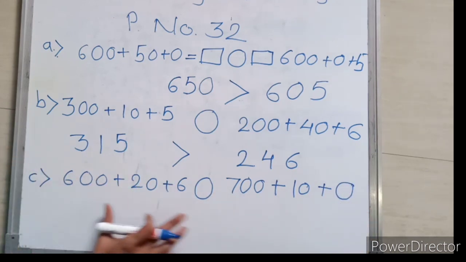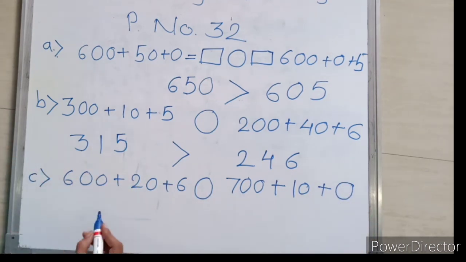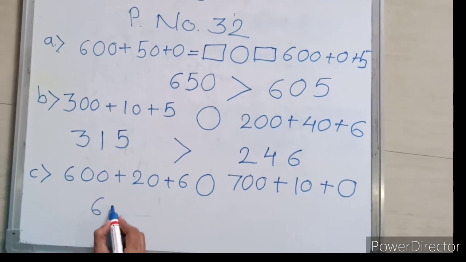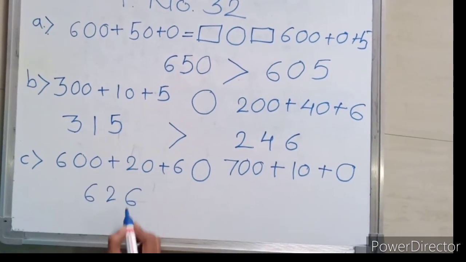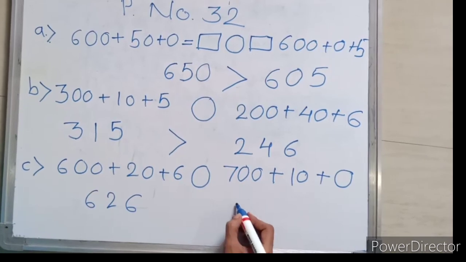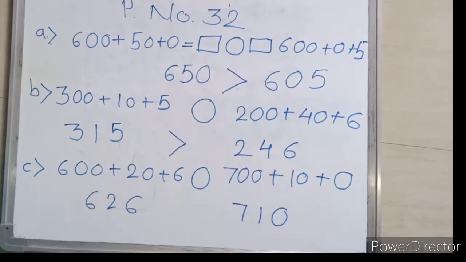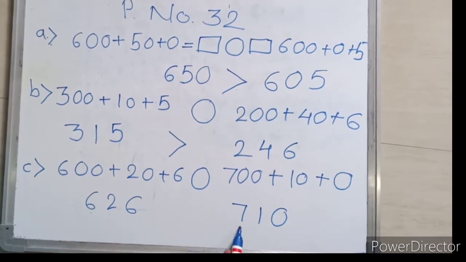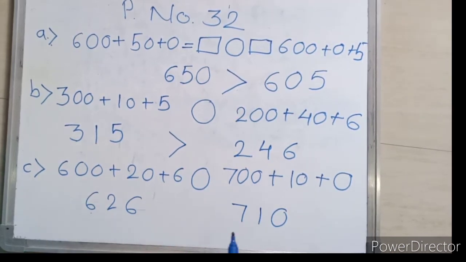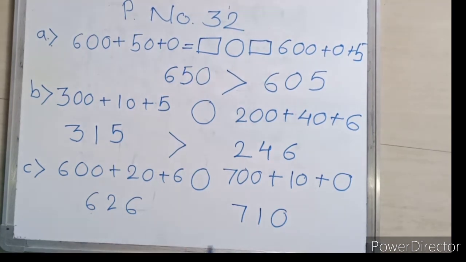So again we will write the standard form. The standard form of this will come as 6, 2, 6, and the standard form of this is 7, 1, 0. So see the hundreds place. Here is 6, here is 7. So 7 is bigger or 6 is bigger? Yes, 7 is bigger. So write